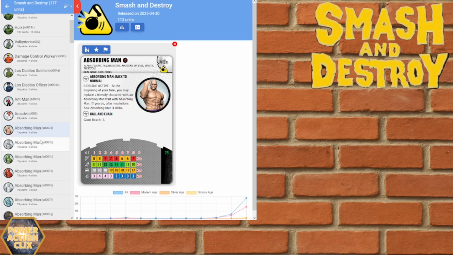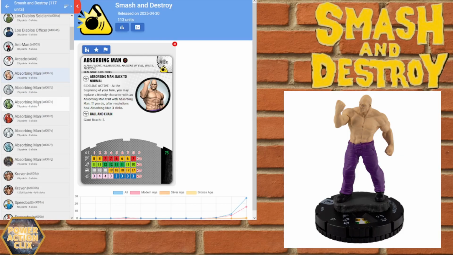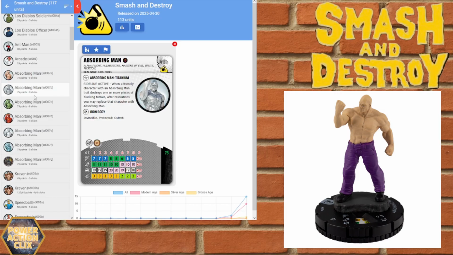Absorbing Man, I've been looking at him. I don't think he's bad. I wouldn't mind trying him out in Pulp. As for Modern, I don't know. I mean, obviously the Chase one's good, and maybe switching out into a couple of these other ones is pretty decent. But what really gets me about him is that he drops his ball and chain when you switch out. If he didn't do that, I think I would definitely want to smash just all around on Absorbing Man. But I think as far as Pulp goes,